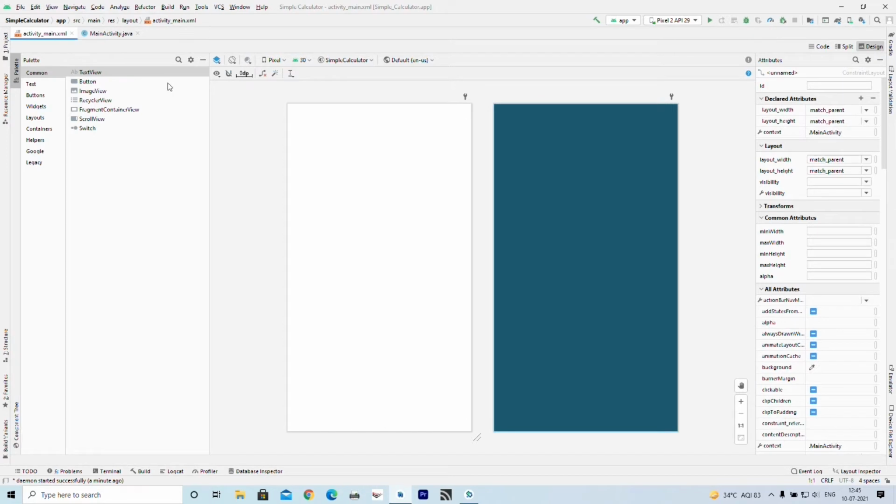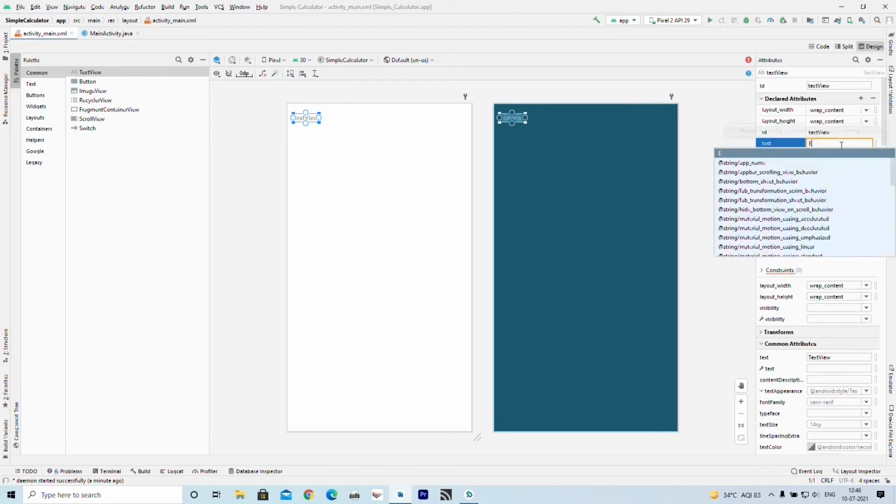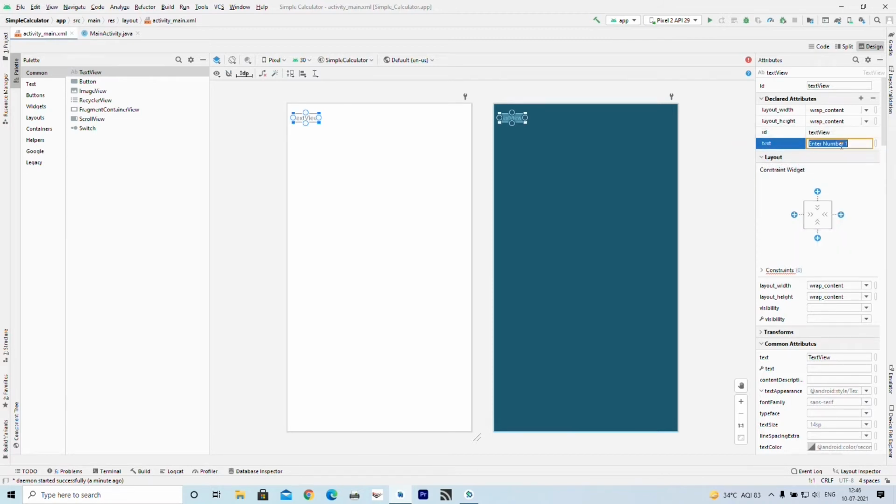What we want to do is display the message enter number in a text view, right? So select text view, drag it onto the layout and change the text to enter number 1. So my text is changed to enter number 1.